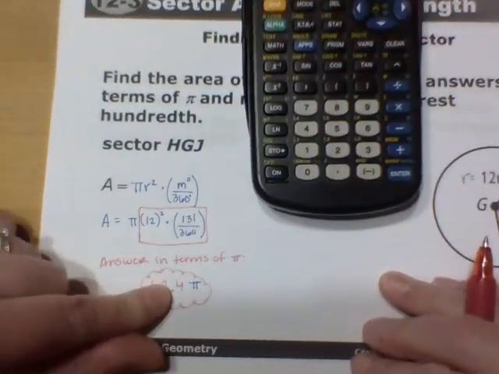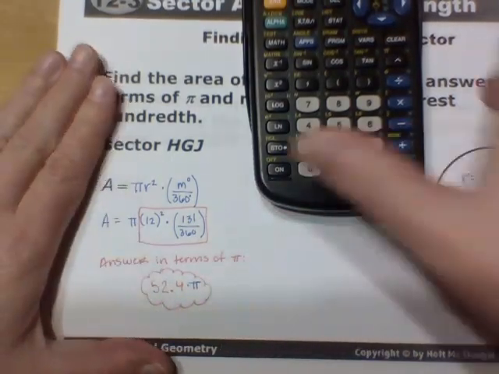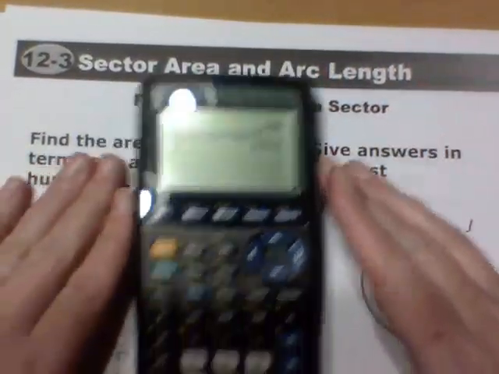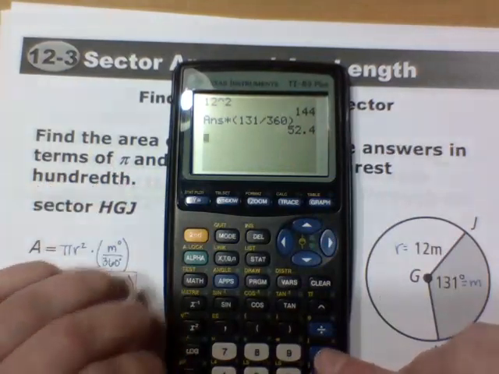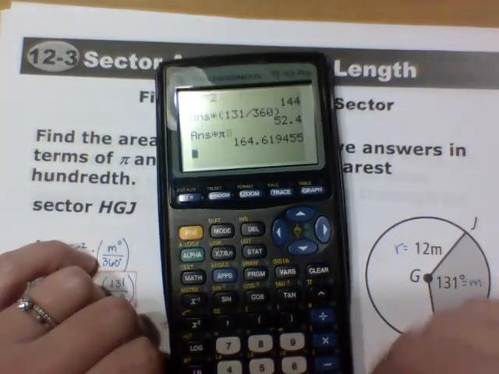The other answer is taking this and multiplying it by pi. And notice that it does say pi and not 3.14. So take this answer and multiply it by pi. Pi is up here in yellow. And now we have